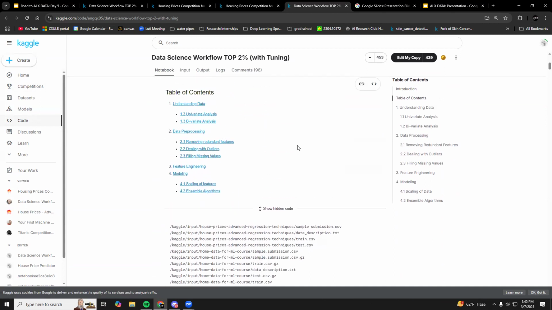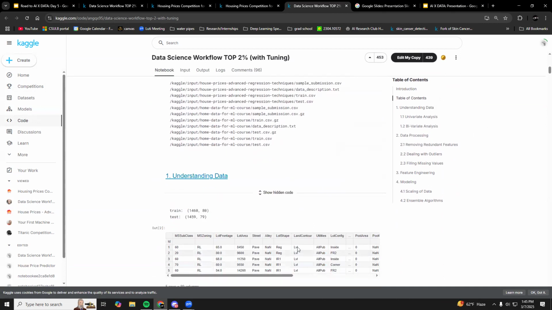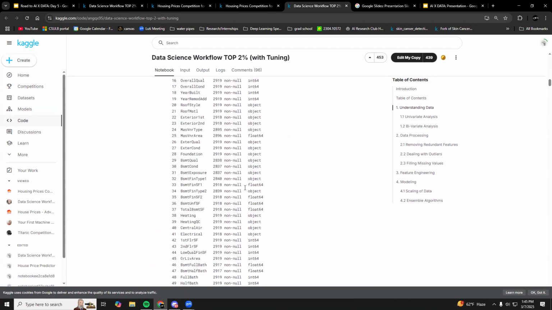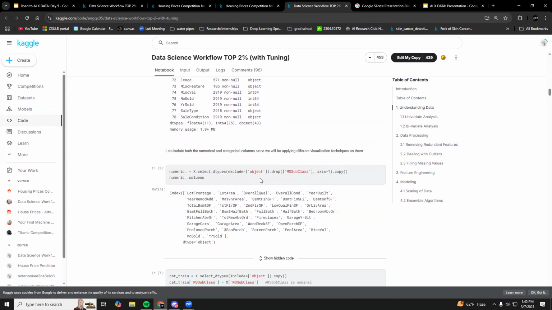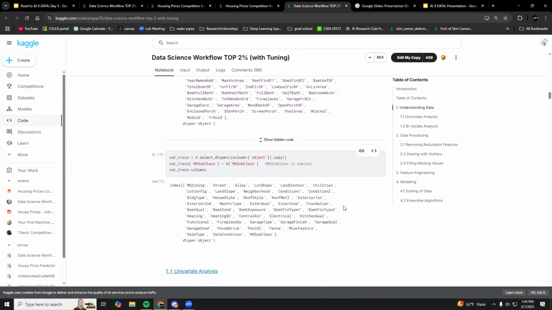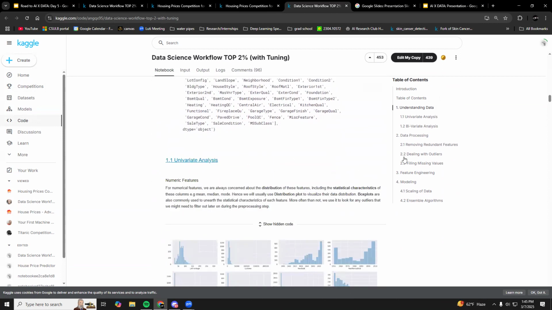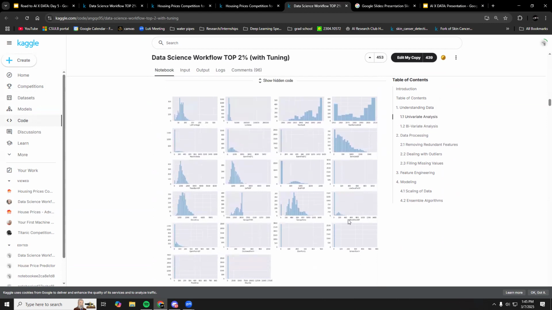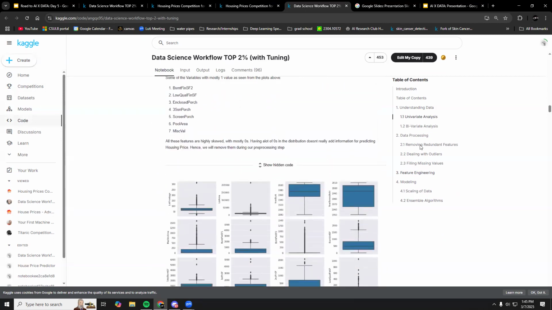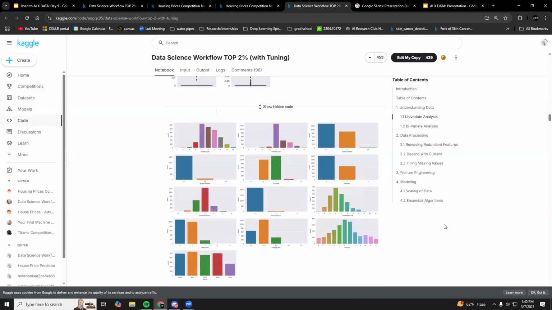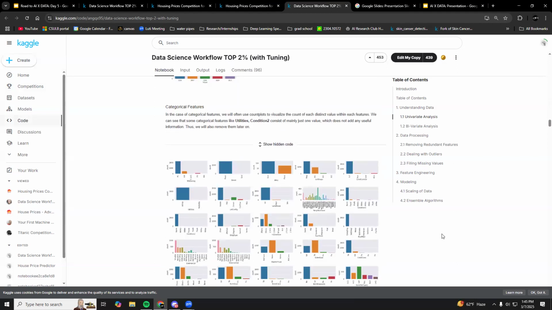A table of contents would be beautiful. But he starts with understanding the data, and then as you can see, he's really, really detailed. These are outputs, but in the markdowns between each code, he explains what the outputs are and why he ran that. He has a univariate analysis here, where it's just evaluating all the singular numerical features. Then he does a box plot here, and he has a lot of explanations. So this is a really, really good and detailed one.